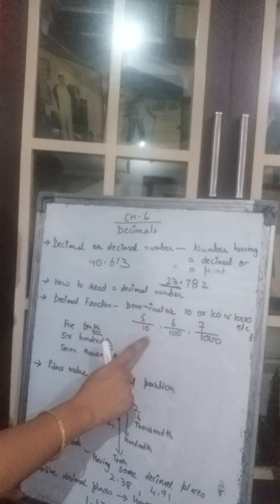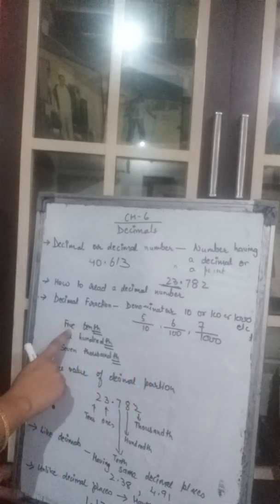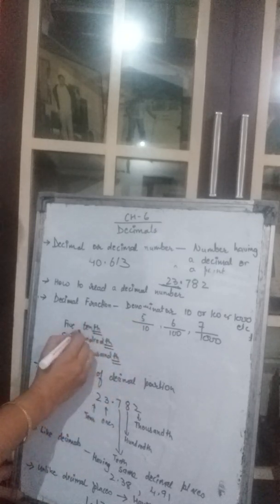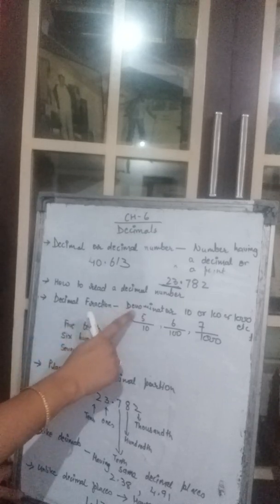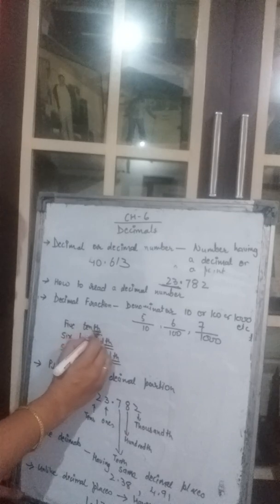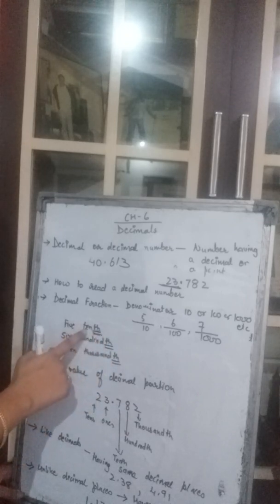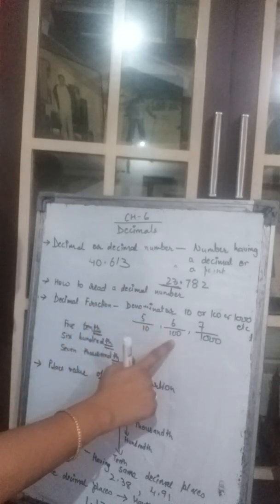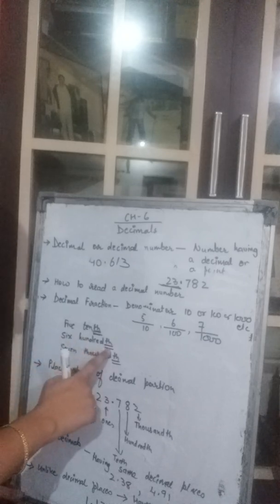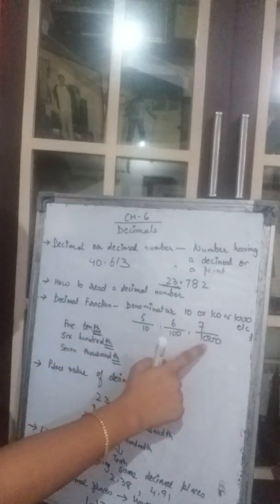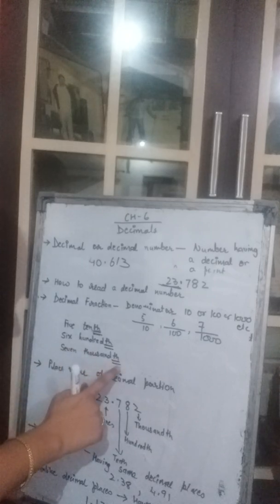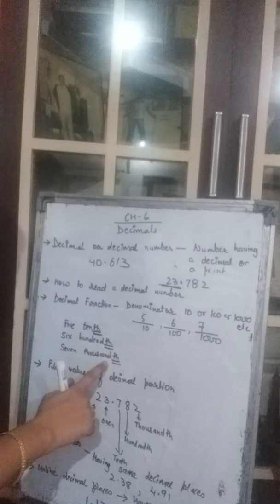And how do we write this fraction? We write it as 5/10. Whatever is being divided by 10, then it will be written as 5. 5 is a numerator, and 10th will come along with 10. That means it is 5 upon 10. Or this is 6 upon 100. So you will write there 600th. Means it is being divided by 100. It is 7 upon 1000. So it will be written as 7,000th. TH will come. It means 7 divided by 1000.